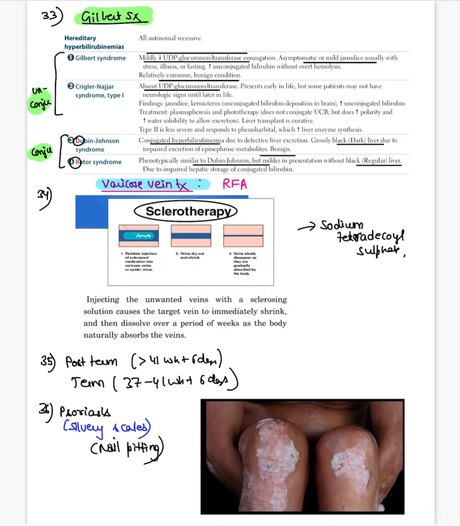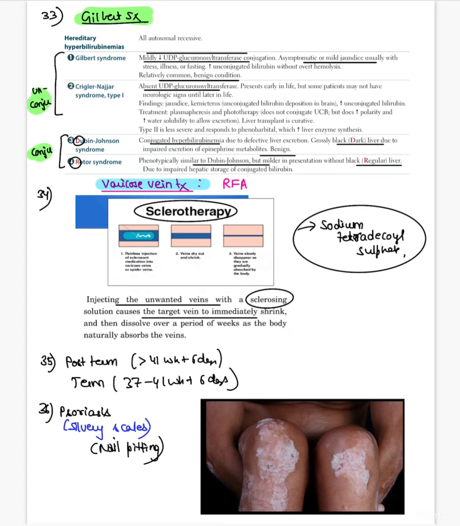So what happens in sclerotherapy? We inject the unwanted vein with a sclerosing solution that causes the vein to shrivel off. The most common compound used is sodium tetradecyl sulfate, in the ratio of 3:1 or 4:1. That is again important. Then they asked you about postterm